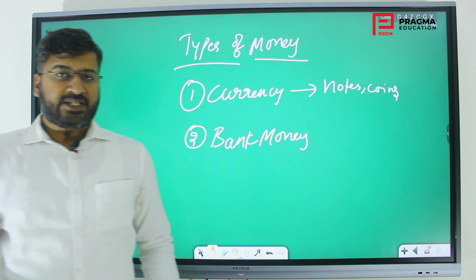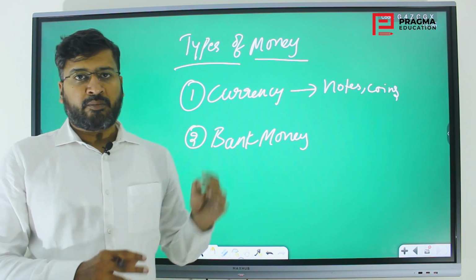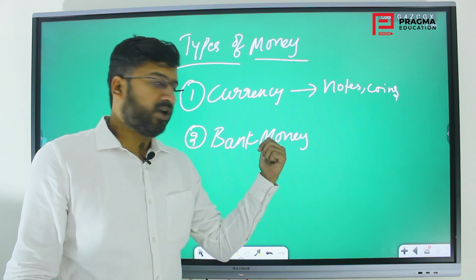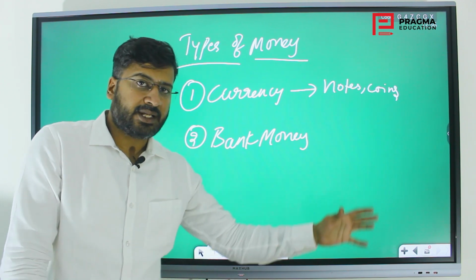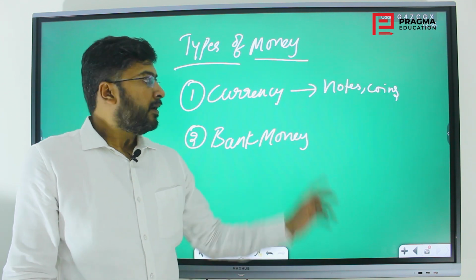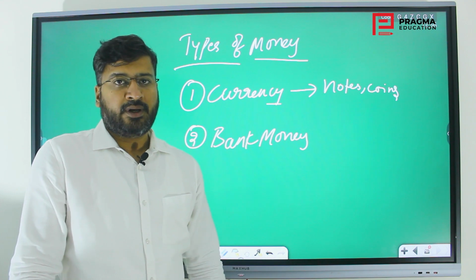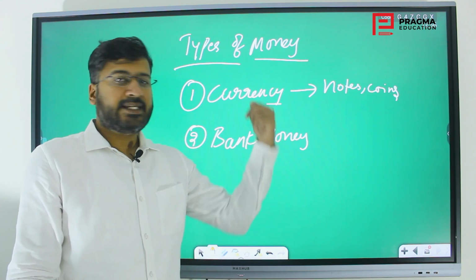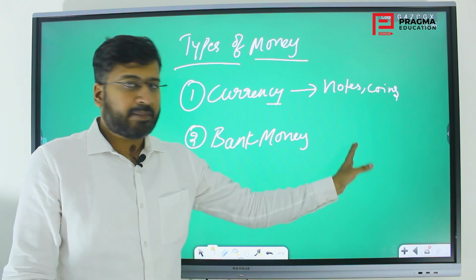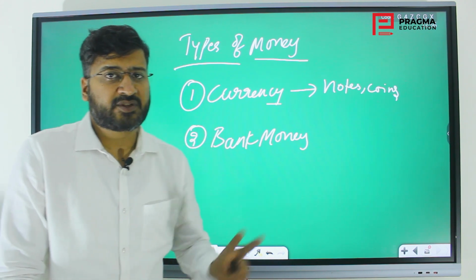So what is bank money? It is very simple. You receive a message saying that your account is credited with rupees 50,000 as a salary. But is that 50,000 rupees in currency with you in your hand? No, that is what bank money is. That is the money that is parked in the banks. Equal to that, RBI will be maintaining some minimum reserves and other things. But currency is something that is printed and legally issued, and it is in circulation, that is currency in circulation. But bank money is something that is in the banks. It can be with other banks or with the bank of the banks, that is RBI. These are majorly two types of money.